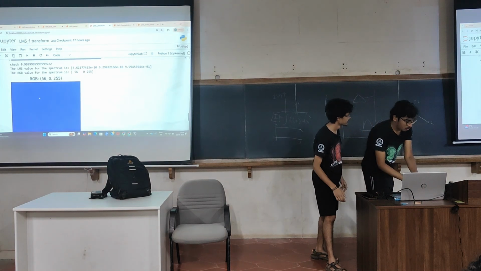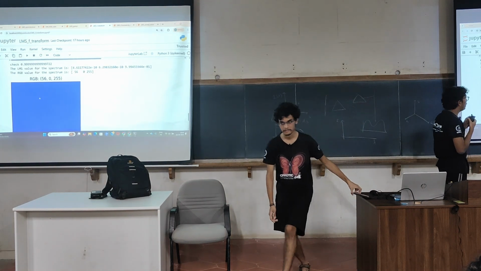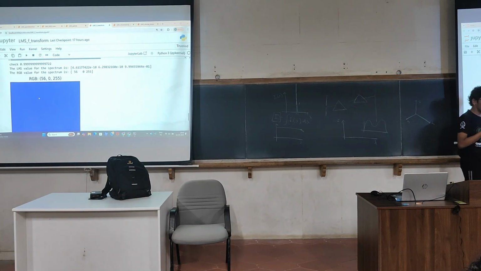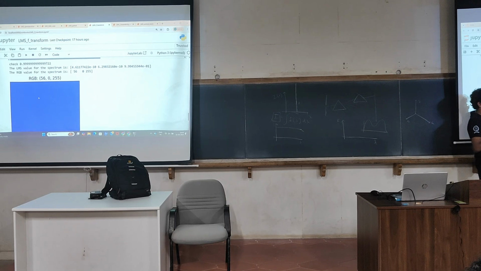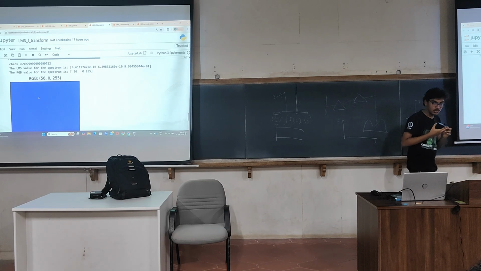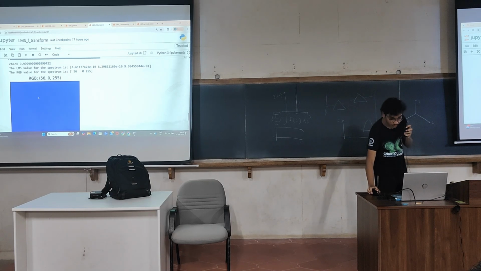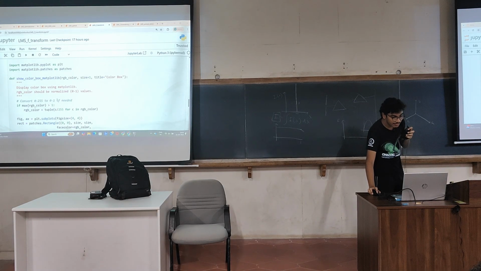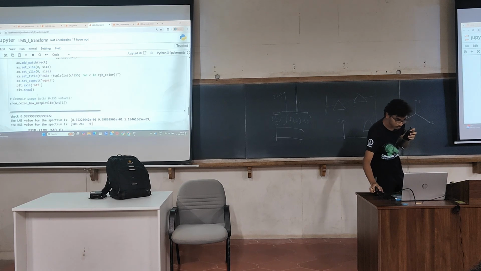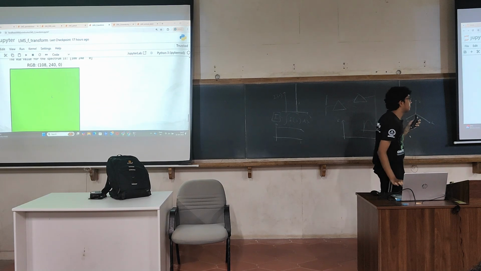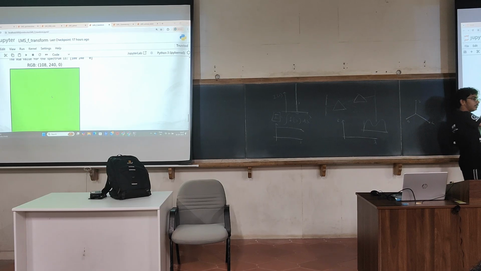Yeah. Okay. What you are seeing here is that I have given the pure intensity spectrum for 450 nanometers, and this is the color I obtained, and these are the RGB values. You can see blue is maximum, and we know that at 450 nanometers blue is maximum. Now let us do the same for 540 nanometers and 570 nanometers. So this is for 540 nanometers. It is not pure green, it is some yellowish mixed green.